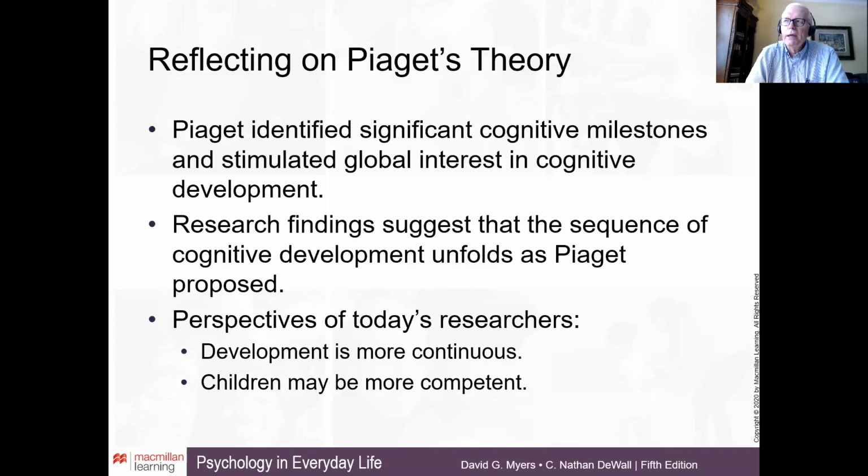Other people have expanded on his theory since then to incorporate more changes in cognitive ability beyond adolescence. But his theory has been very important, and continues to be important, in the fields of education and psychology, and has generated many thousands of studies. I've enjoyed talking with you about it today, and I look forward to talking with you further about some more topics in developmental psychology soon.